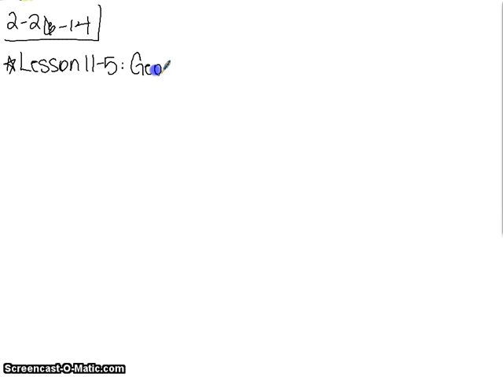Hello everybody. Today is Wednesday the 26th and we are going to take a look at lesson 11-5 and that introduces the idea of geometric probability